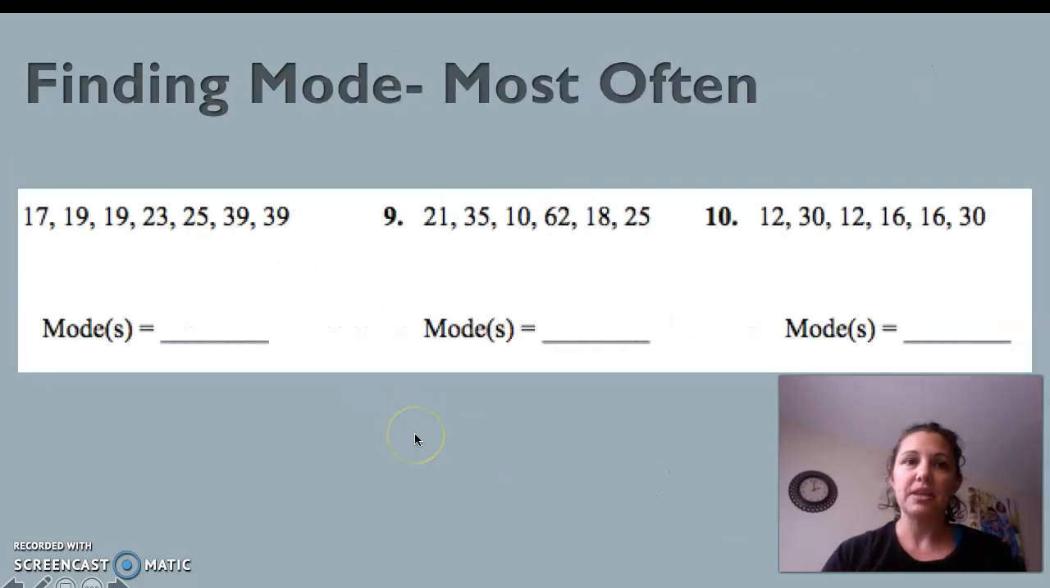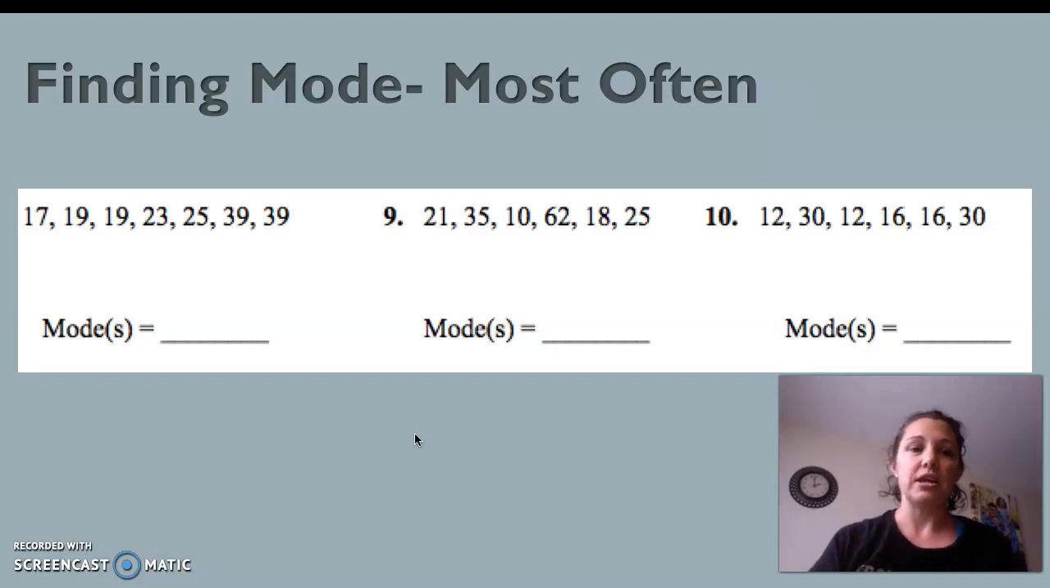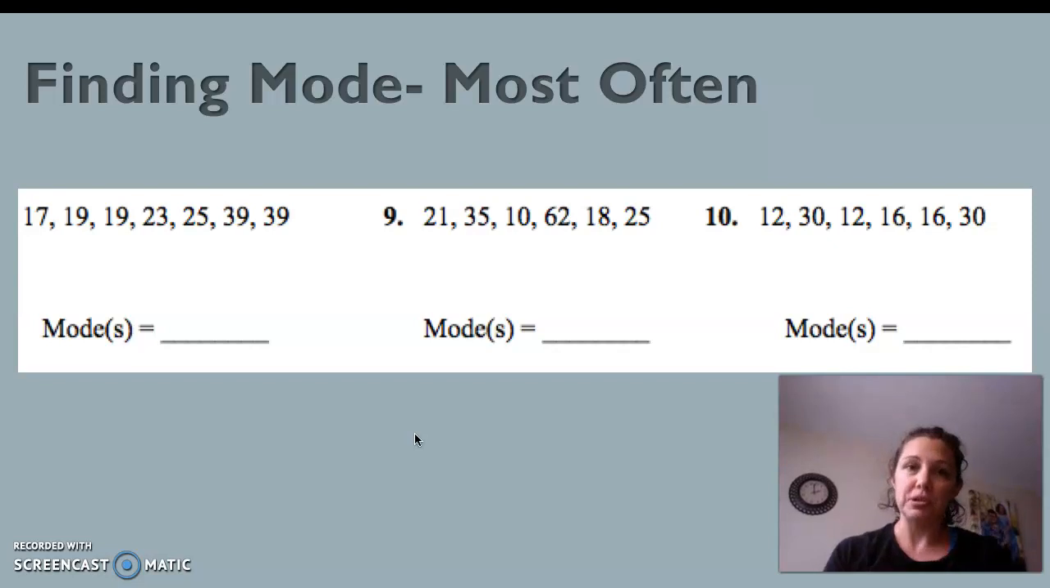All right. The next is mode. This is one of the easiest things that you will do. The mode is the number of your data that appears most often. You could have one number that repeats more often than the others. You can have multiple numbers that repeat more than the others. You might have no numbers that repeat at all. So if we take a look at this first example,